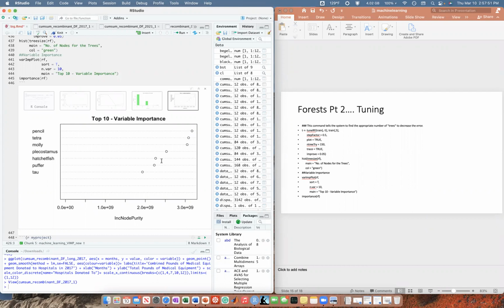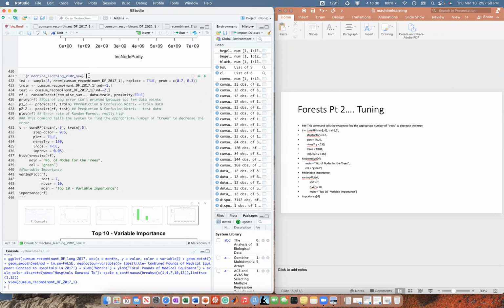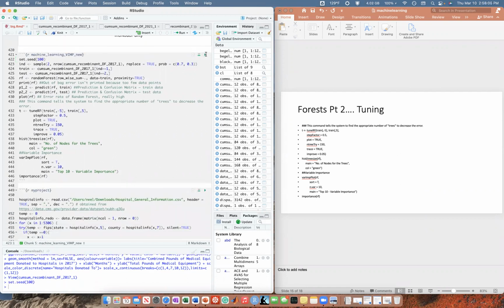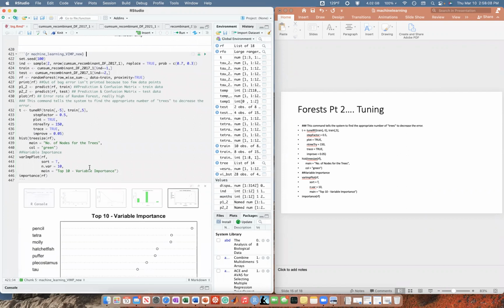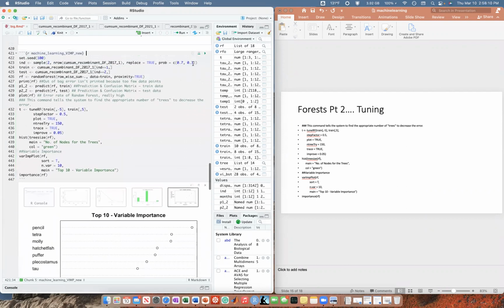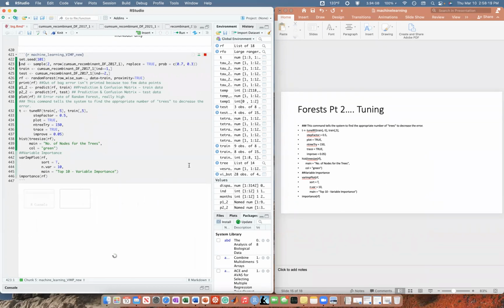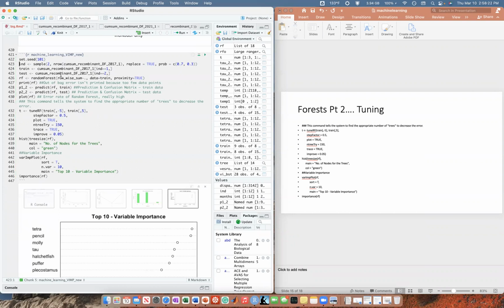And you can run this code every time and you will get a different graph than I do. There's a way around it though. If you type in the command set seed, I don't know, 100, and I run this, you will find that every time I run this, you will get the same thing. Let's see if I run it again, what happens? Oh my God, it's the same thing. Now, what if I set the seed to 101? Run this again. Oh my God, it's different. What if I do 400? You can keep doing this.